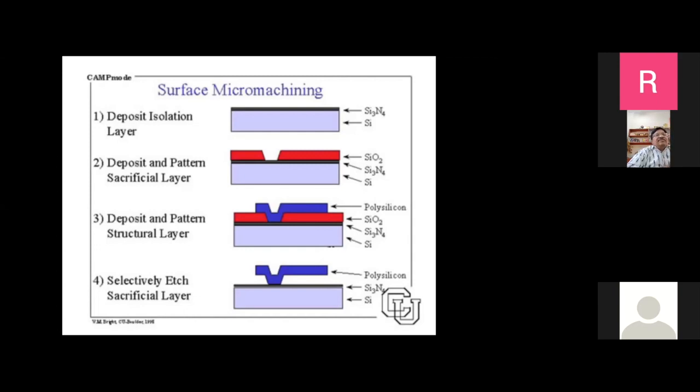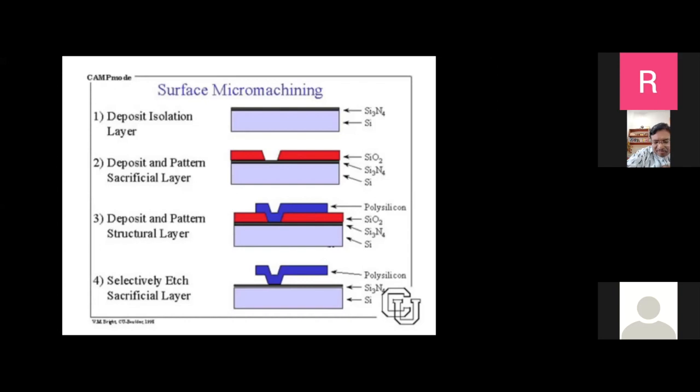So this is, very crudely and very briefly, the mechanism of how surface micromachining goes. Finally, you get a floating beam. So you can apply forces on top of that. You can make electrical components like resistors on top of that. You can make optical components like a mirror on top of that. All those things I'm not showing. I'm just showing you the making of a cantilever beam.